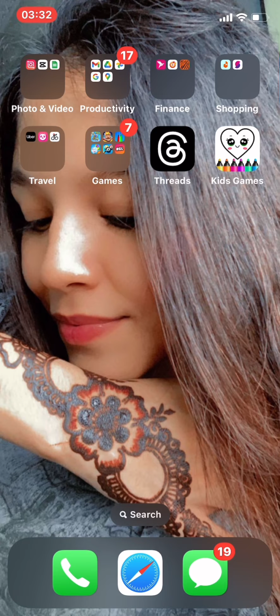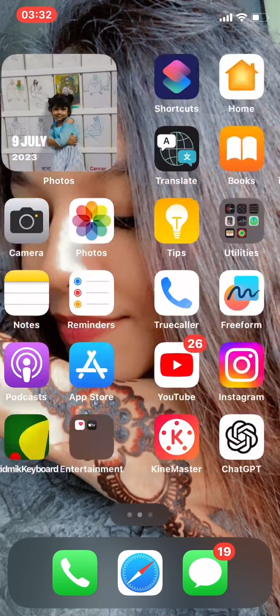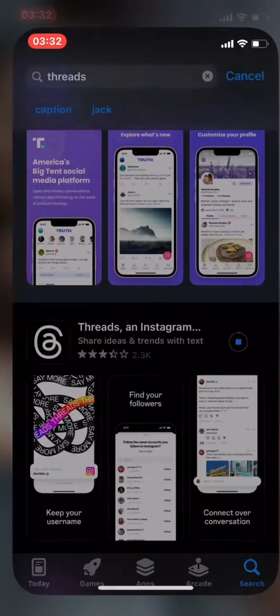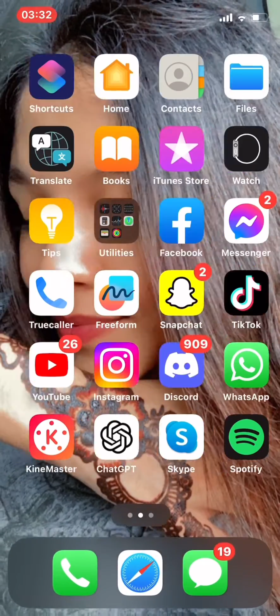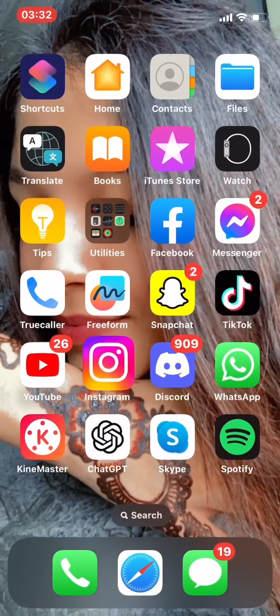So today I'm going to show you how to put a Threads link on your Instagram bio. So first, download the Threads app from your app store, and then go to the Instagram app, and from here you can see Threads, and open your Threads and